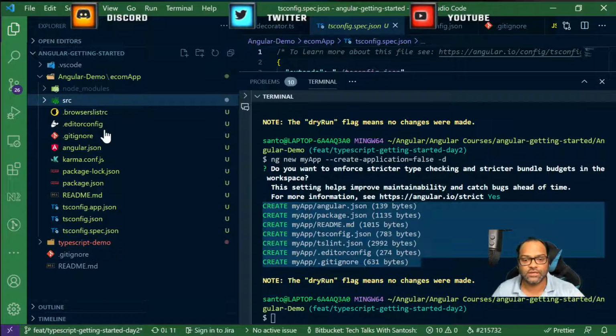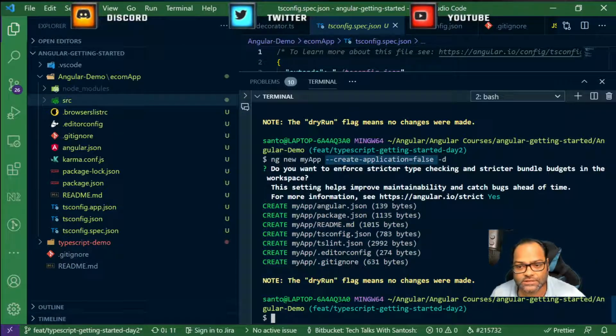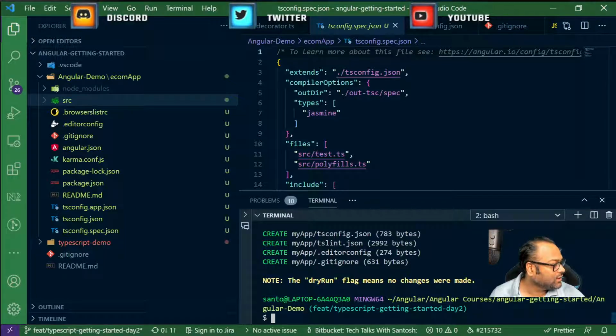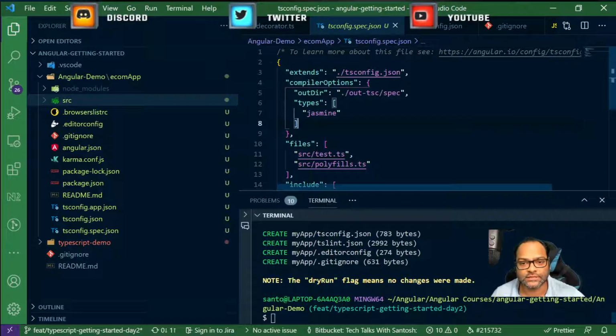So I can just ignore it by using hyphen create application is equals to false. It's a good thing in case you have already decided. Let's say your architect, your front end architect, he has already decided that this is the format he wants to use, or this is the structure he wants to use. So he may set it for you, or you can also suggest. I mean, of course, as a developer, everyone is free to suggest what kind of structure they want to use. Yes, create application is equals to false. That's what you can do.